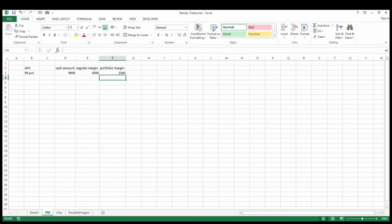Because the thing to keep in mind, even though it says 1,080, as the stock market moves around and this particular stock moves around, this buying power most likely is not going to stay at only 1,080. If there's a lot of volatility in the market, I might have to put up more of my own money into the trade. This is what Tasty Trade and Tastyworks call buying power expansion. So instead of only paying $1,100 to put on this particular trade, I might have to put up $1,500 or